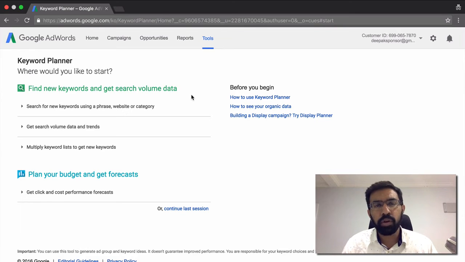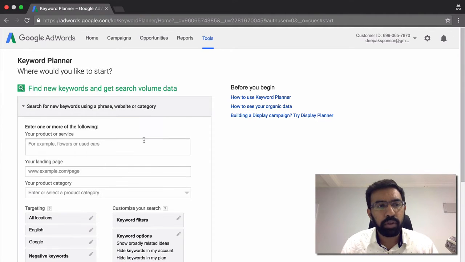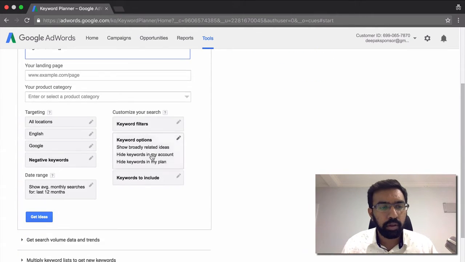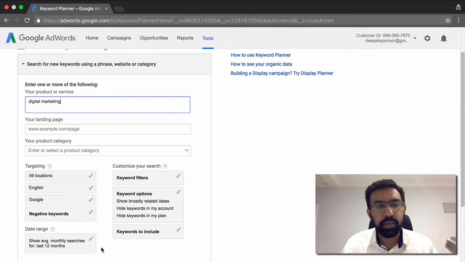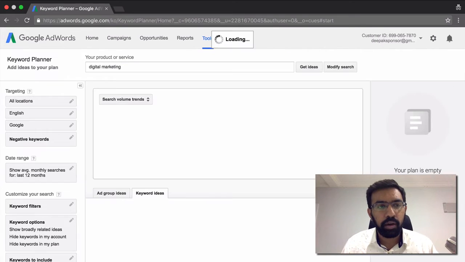So let's say I'm going to try to find out some terms about digital marketing. So what I will do is that here I will just enter the keywords digital marketing. We have to give a seed keyword so that we can tell Google what kind of keywords we are looking for. So I am looking for keywords related to digital marketing.